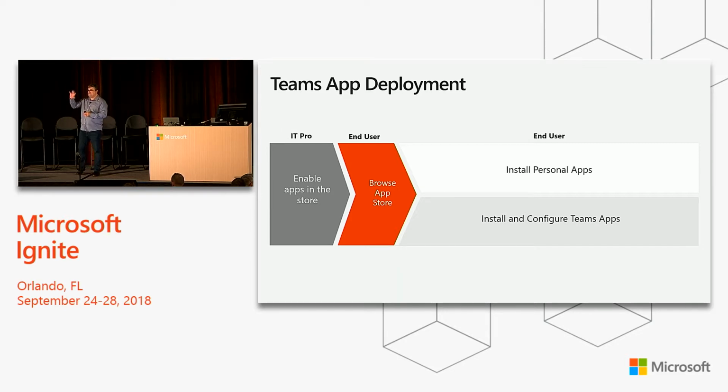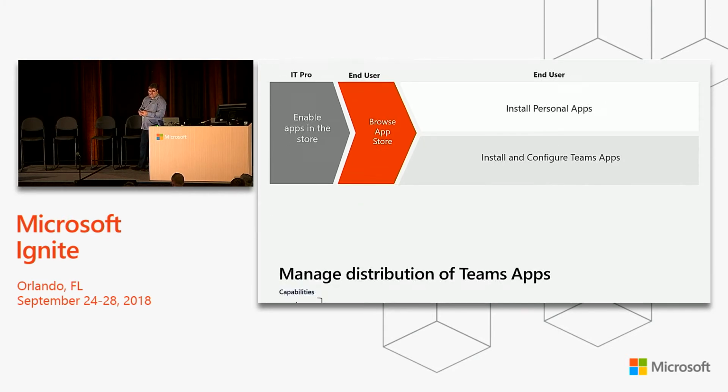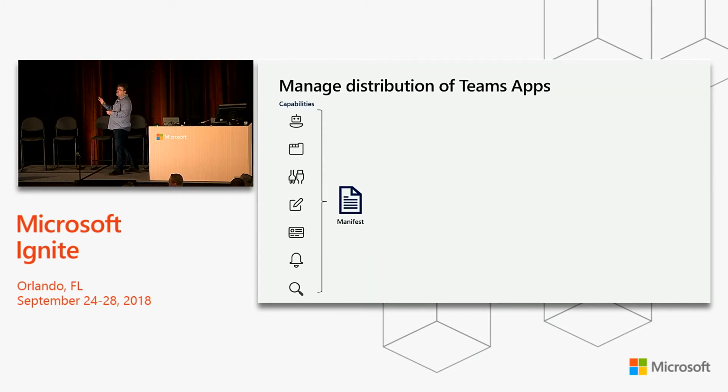The users are able to discover that app, and then I have a choice about how I'm going to install that app, either for me as an individual or potentially inside of one of the teams or multiple of the teams that I'm managing. But what actually goes behind that life cycle? What you're building is you're taking those capabilities, you're building your bot, you're doing all your work with Lewis and Azure and all the other pieces there, but at the end of the day, you still have to bring that together into an actual application definition. So you're now talking about a manifest, and that manifest gets formatted, zip file, et cetera.